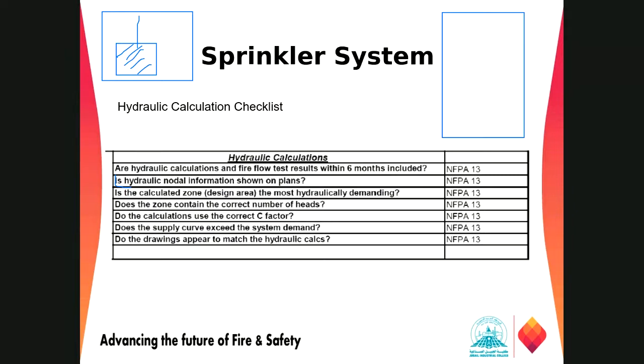So what should be submitted is the detail of each node's information or only the summary of the overall system? When you perform the hydraulic calculation and print the report, it will be around 20 to 30 pages. So they will give the summary of the complete nodes and all. But in the plan, in the drawing, we don't have to do anything. We just have to put the node number.